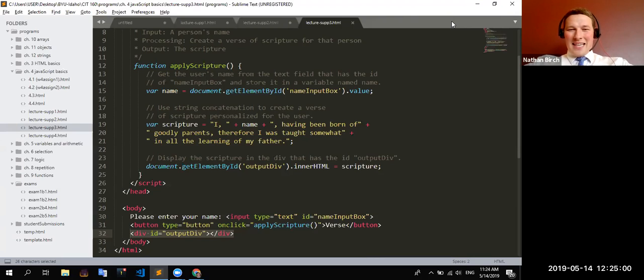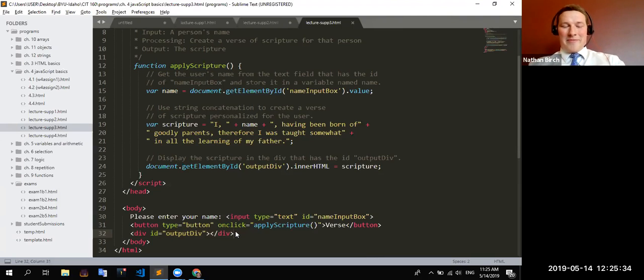A div is anytime you want to put something onto the page. An input is anytime you want to get something from the user. So let's say you want the user to be able to do a math problem. Let's say I have 2 inputs for math, and I'll say this plus this, and then I'll output the sum of those values. So I would have an input for each one of those, because that's when the user will actually be typing something in, and something that I need to use in my program. And then I could use a div to output whatever I wanted to them.